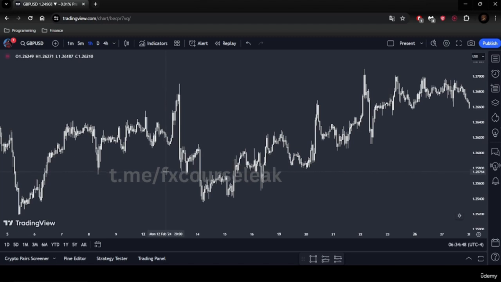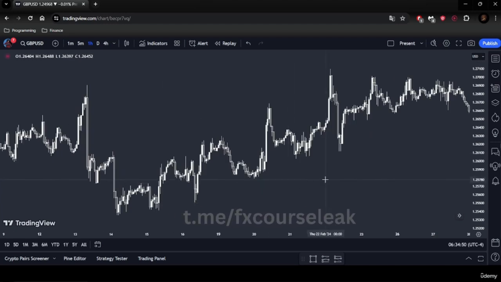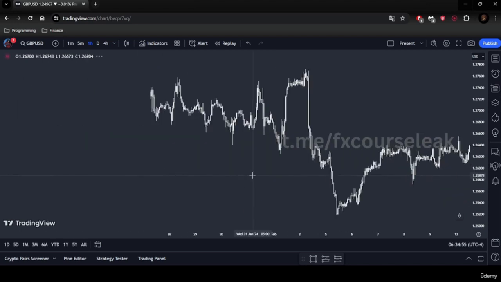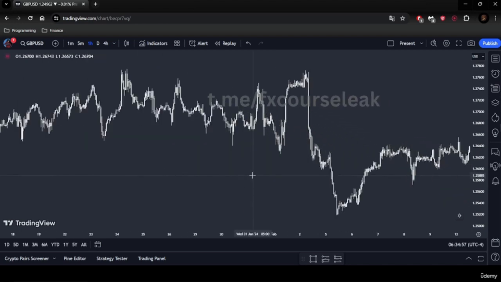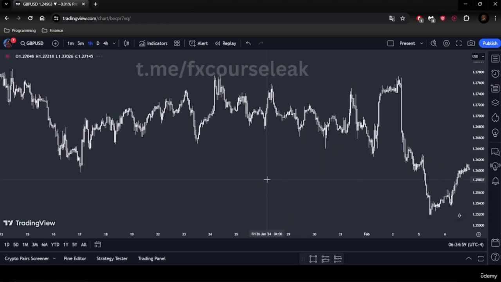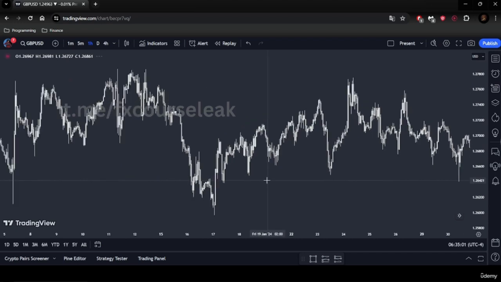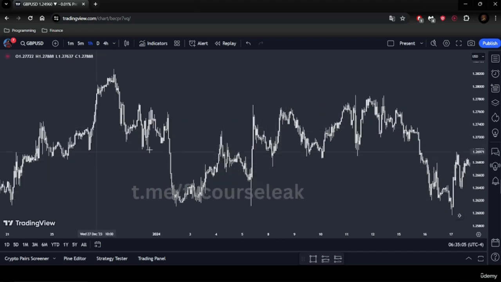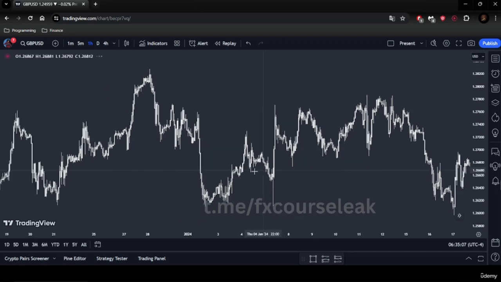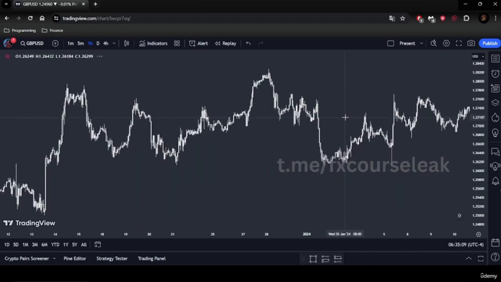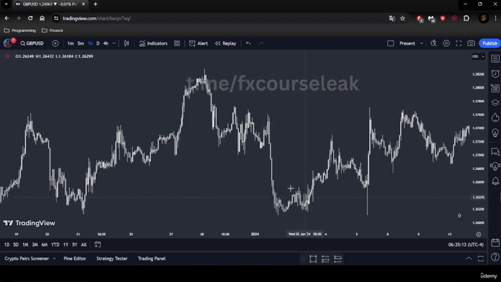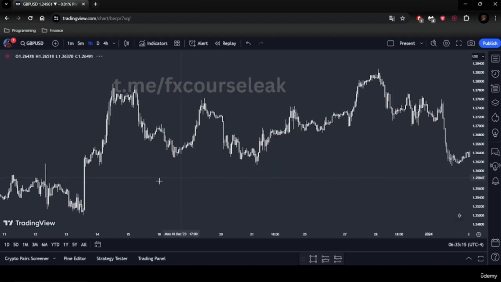And yeah, you can see basically price respecting them. Go over to your charts, study them, and you'll end up seeing that fair value gaps are a pretty good thing for you to use with your Fibonaccis. So you don't only enter on the 50%. Now you look for a fair value gap in that 50%, and then you have your co-influence. Okay, so basically that's what fair value gaps are.